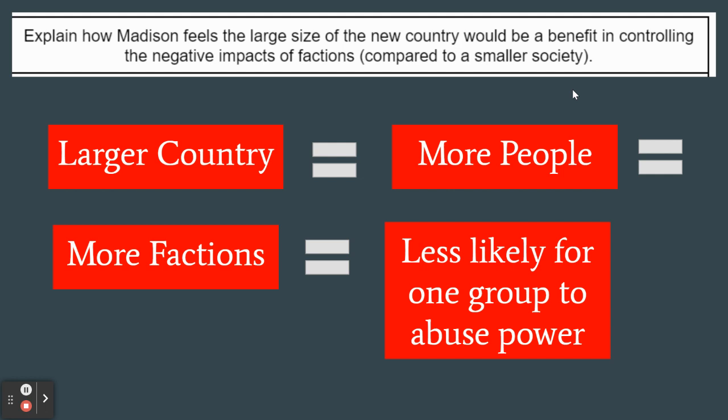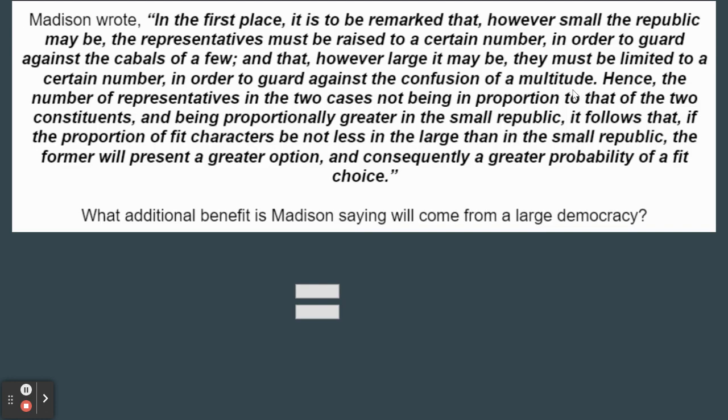Bigger country equals more people. With more people, there's going to be lots of groups. If we have lots of groups, we're less likely to have one group take control of power for themselves and abuse it. So one benefit of a larger country is it controls factions. Because his argument is you can't get rid of factions, so a larger country just helps to deal with their effects. All right. Second reason, I would advise that you pause the video, take a second to read the quote either on the screen or within your packet that you've been provided,